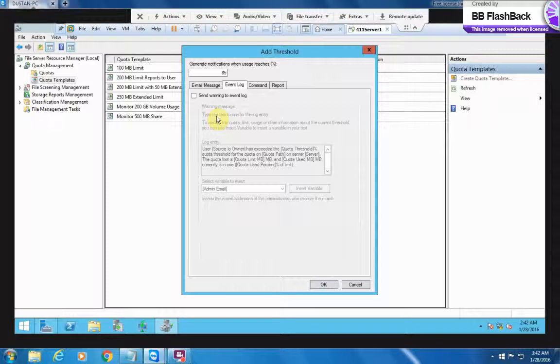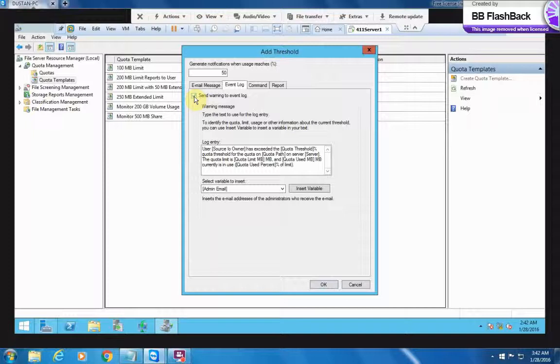You view this log in Event Viewer. In the generate notification when usage reaches percentage text box, type 50. So we're going to want 50 in here for our text box. And then check the send warning to event log